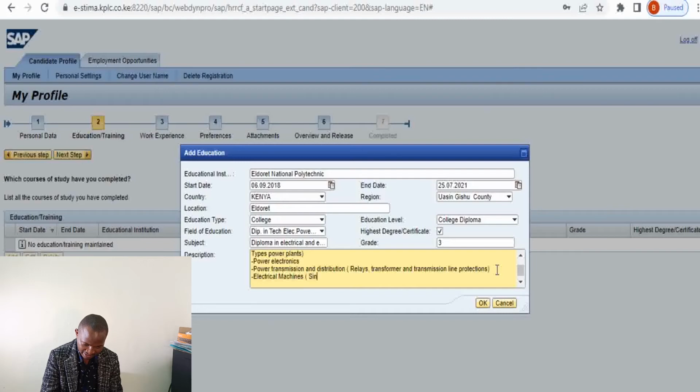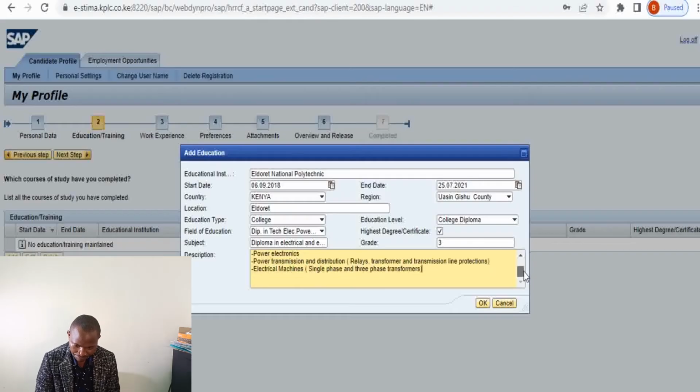Since there are no motors in Kenya Power, let us talk of single phase and three phase transformers. So let us just say okay,